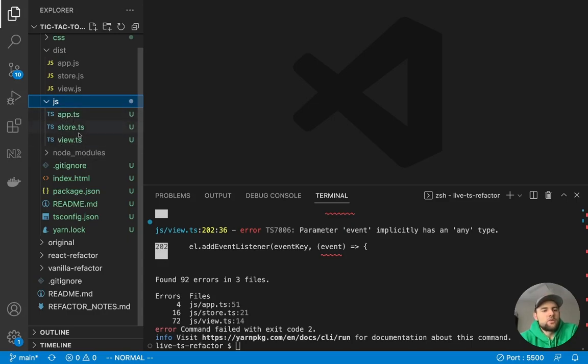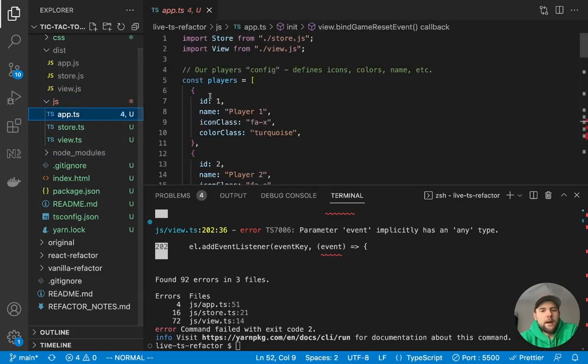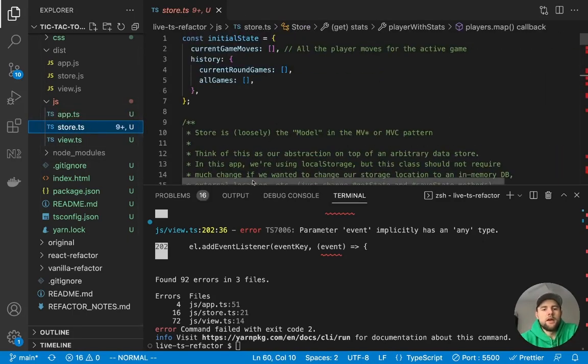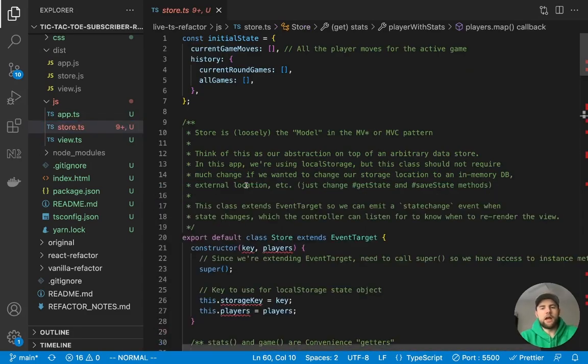But what we'll do is start, rather than starting with app, which consumes both the store and the view, let's just start with the store because it's always good to define the types of your state at the beginning. That helps inform the rest of the files and the project design in general. So this is just in general a good place to start.